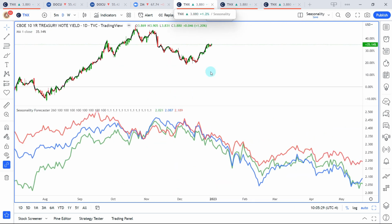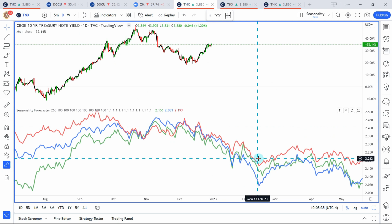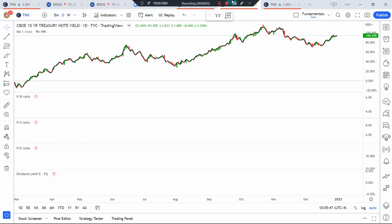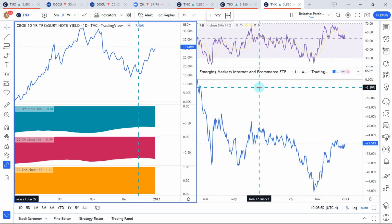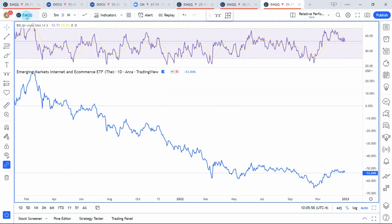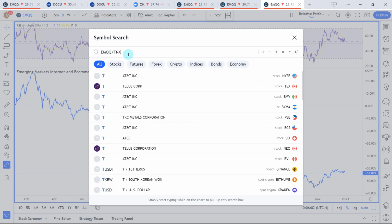If we look a bit here at the seasonality for the TNX, it's actually rather bearish into the 14th of February. Given that there is a negative correlation with EMQQ and the TNX, that could be bullish for emerging markets. So now let's look a bit here at relative performance and do some side-by-side comparison. Well, let's do it like this, and we got TNX,